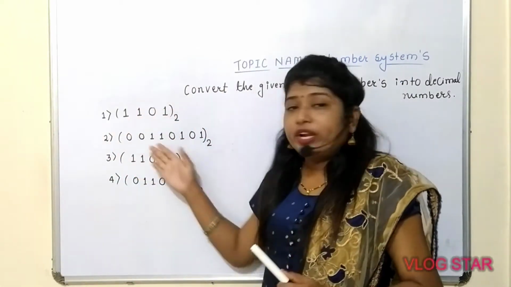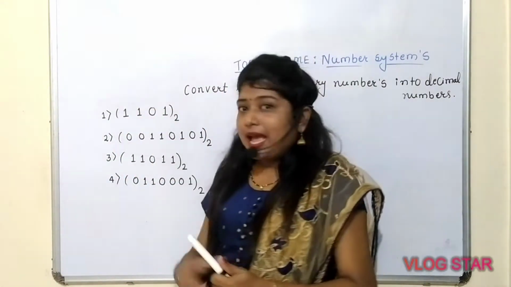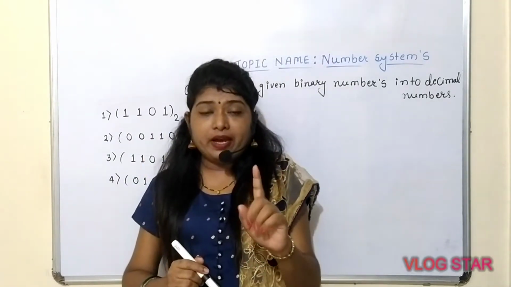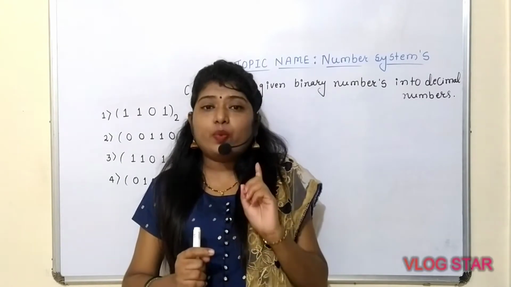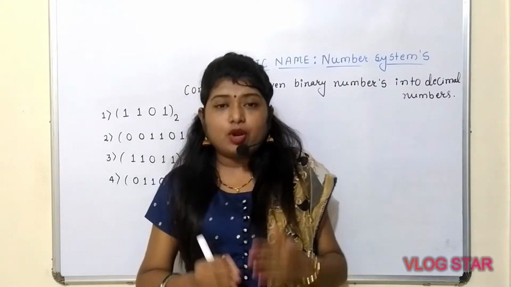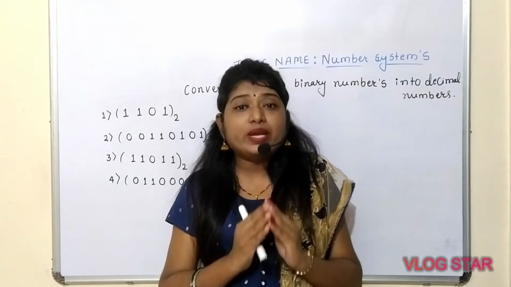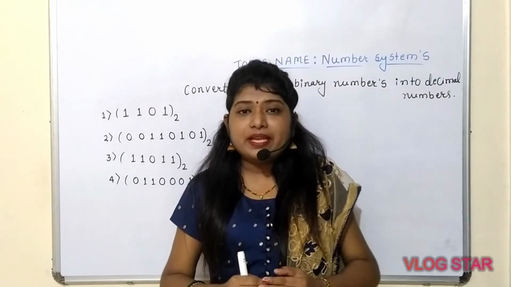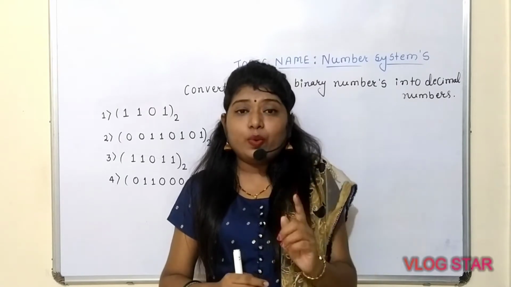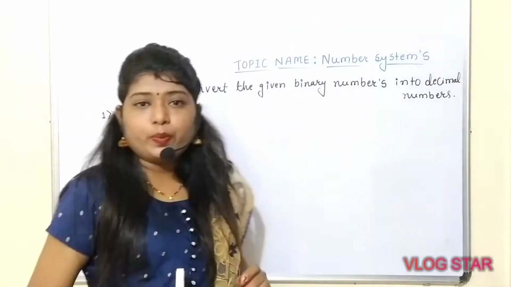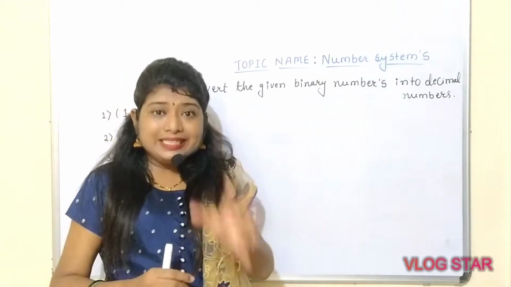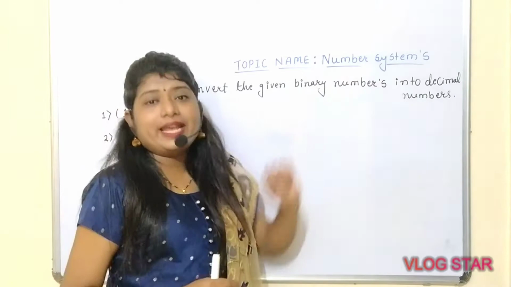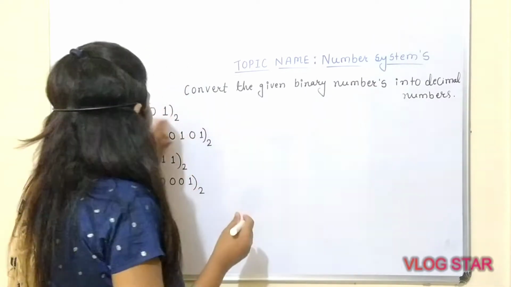So we have four different binary numbers with us. As they have mentioned, the base is always 2. If you remember, for the binary number, base is always 2. For octal number or the octal conversion, the base is always 8. And for the hexadecimal number, can you just tell me what is the base? It is always 16. So let's begin with the first example to understand the conversion from binary number to decimal number.